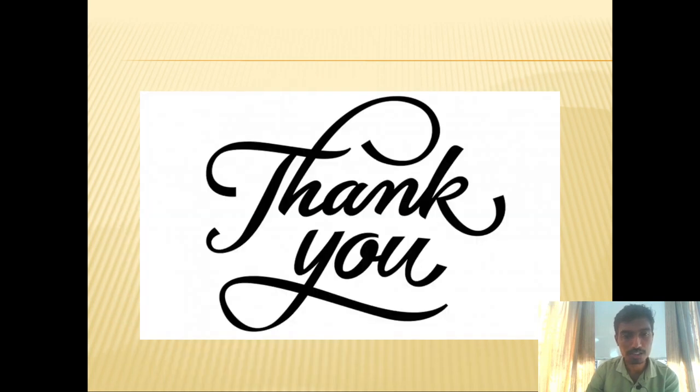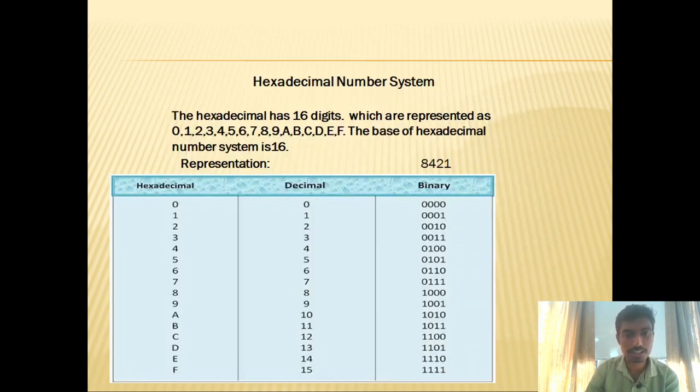Here is the representation of the hexadecimal number system. You can see the 3 brackets here. In the first column you can see the 0 to 9 numbers and alphabets A to F. And here is the conversion of that hexadecimal number into binary. You can use the formula of 8421. In the binary column we have written the formula of 8421. You can simply put your number into that formula and you will get the answer.